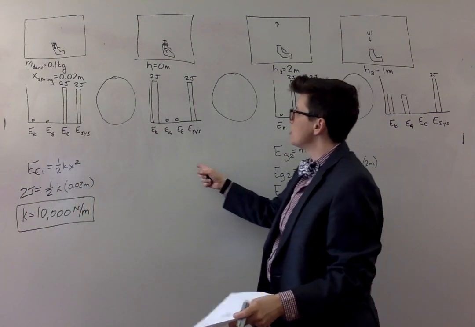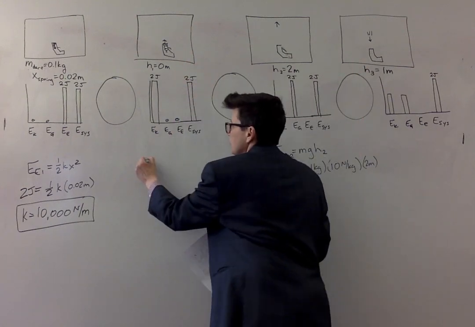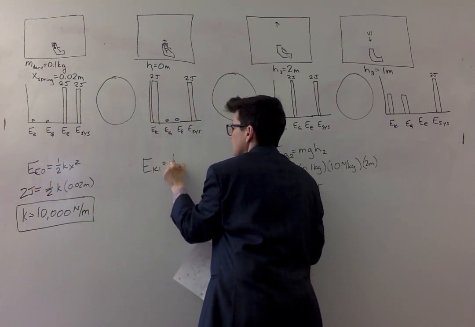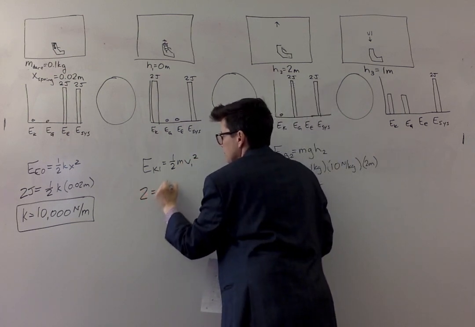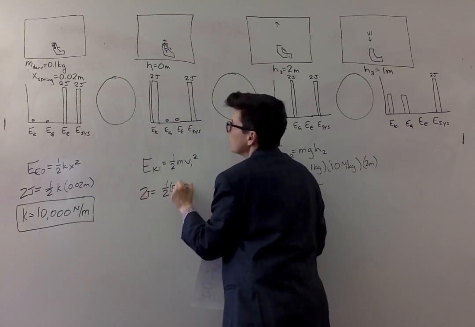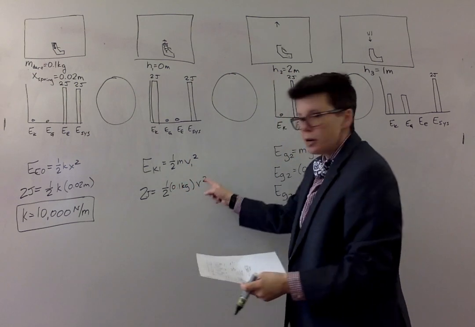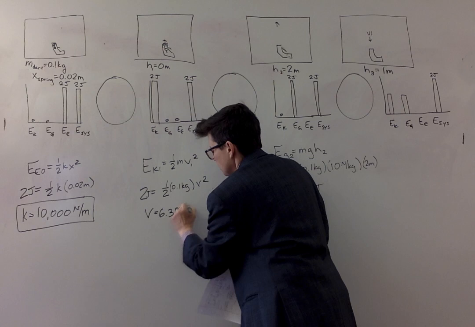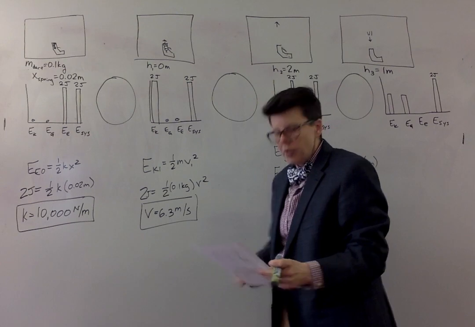Another question is, how fast is the dart moving when it exits the gun? I'm going to use this case here because that's the state that we're talking about. When you solve this algebra, you come up with an exit velocity from the gun of just a little above 6 meters per second. And then the final question